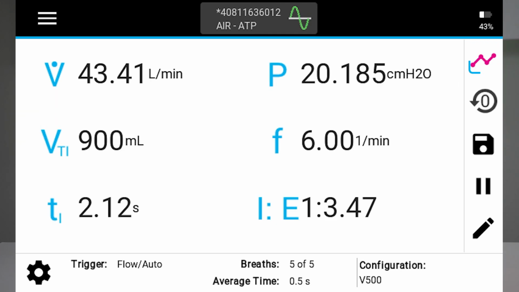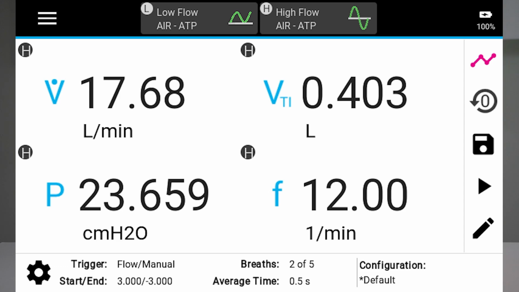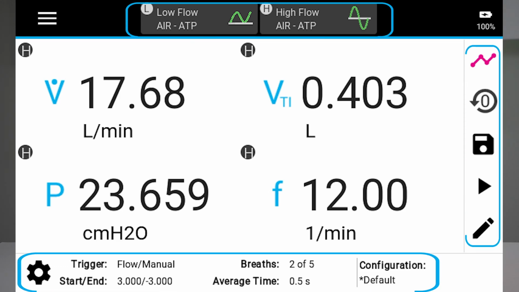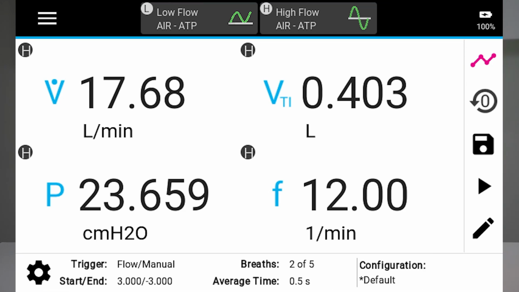Press the pink toggle icon in the right navigation bar to switch between the parameter and graph screens. The graph screen is most commonly used to graph the flow or pressure of breath waveforms in real time. Up to 2 measurements can be plotted on the graph simultaneously. To edit the graph screen settings, press on any measurement or press the pencil icon in the right navigation bar. Elements of the touchscreen interface located in the header, footer, and right navigation bars will always remain visible when on the parameter or graph screens.